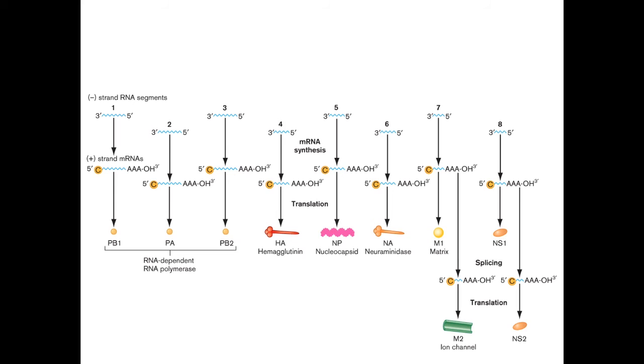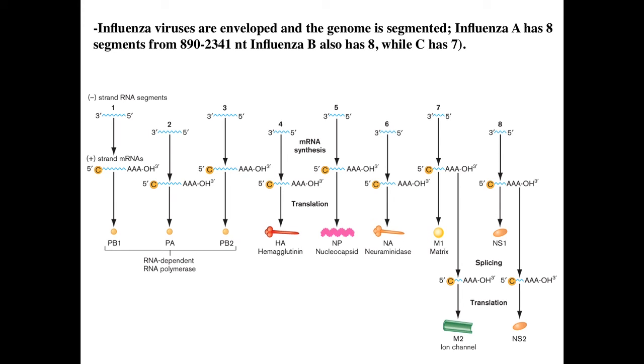In the unspliced form, it has the ability to produce NS1, which stands for non-structural protein 1. This protein is still, or the non-structural proteins are still a little bit mysterious in what they do. It can also be alternatively spliced, so an intron removed and a different form of the messenger RNA will be transported into the cytoplasm to be translated into non-structural protein 2. So 10 proteins, 8 segments, really kind of simple in a way, but a little complex at the same time